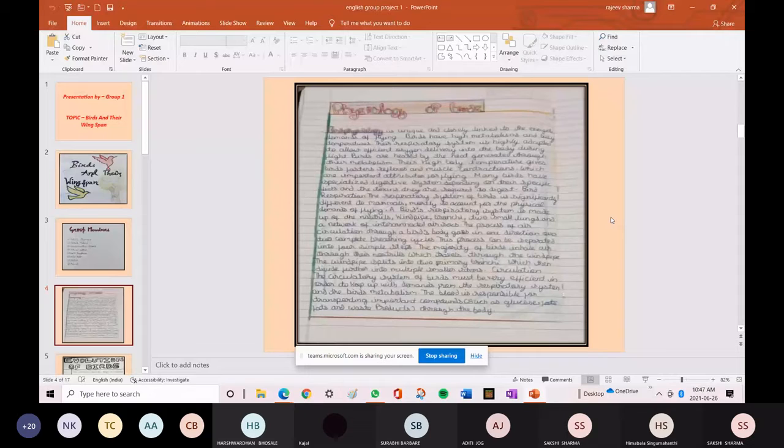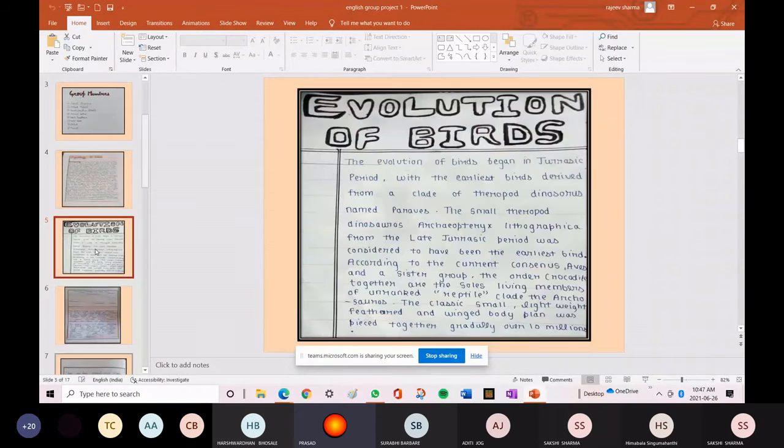Now I would like Prasad to explain the topic evolution of birds. Good morning, everyone. My name is Prasad. Today I will be speaking about evolution of birds. The evolution of birds began in the Jurassic period with the earliest birds derived from a clade of theropod dinosaurs named Paravis. The small theropod dinosaur Archaeopteryx lithographica from the late Jurassic period was considered to have been the